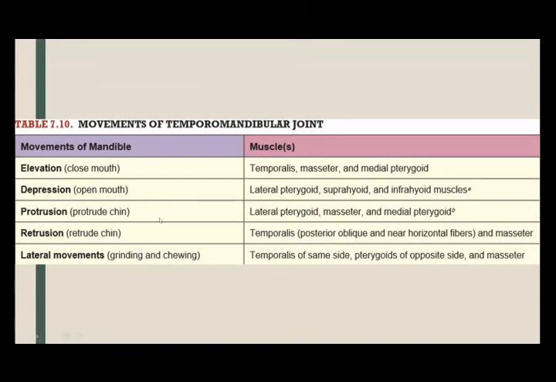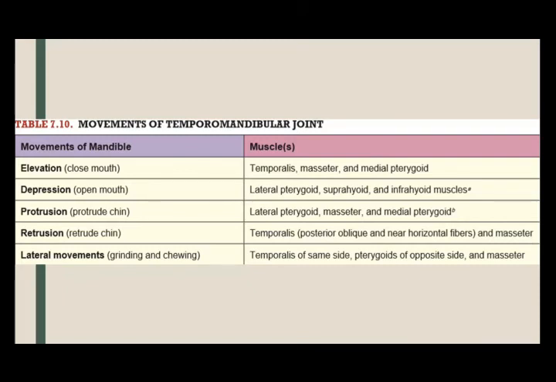Then is protrusion, when you push the mandible forwards. Protrusion is produced by lateral pterygoid and the medial pterygoid, and retrusion, that is pulling the chin back into normal position, that is by temporalis posterior fibers,